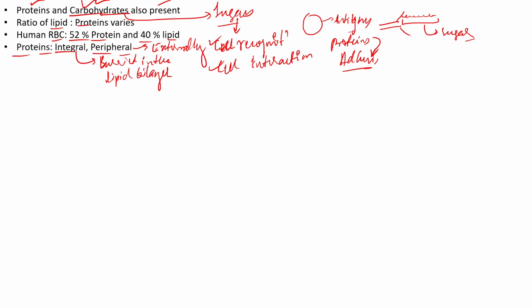So now how do we classify the proteins? We say it is an integral protein, or we say it is a peripheral protein. On what basis are we telling that the proteins in the cell membrane are integral or peripheral? It is mainly based upon the extraction. So now what do you mean by extraction? Extraction means mainly removal. It means that when the cell